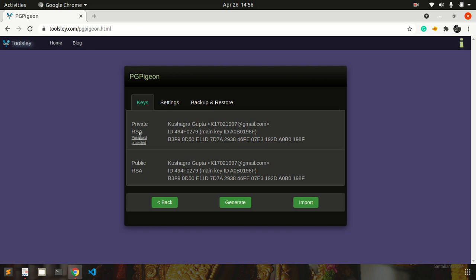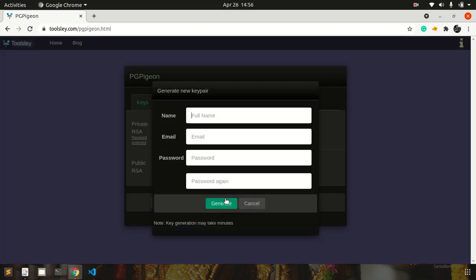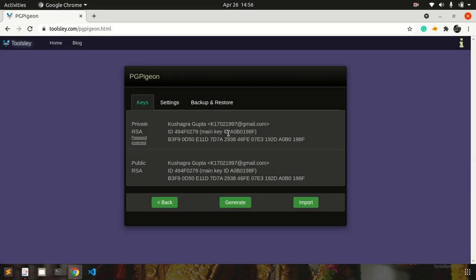To generate the keys, you just have to click on generate, write your full name and your email address, and set one password here. Then click generate, and a private key as well as a public key will be generated for you.